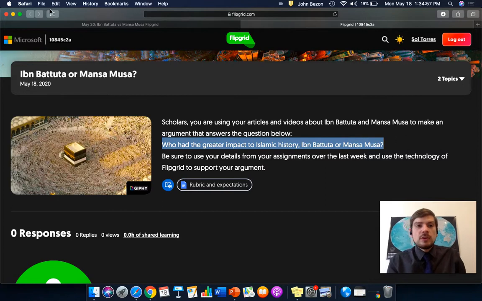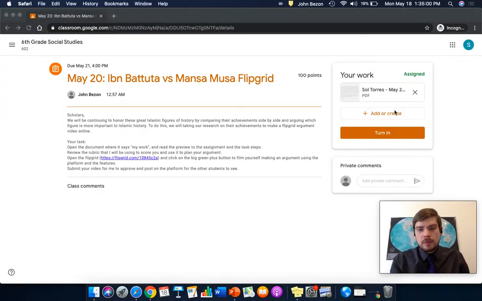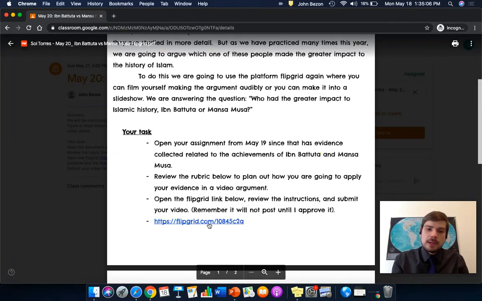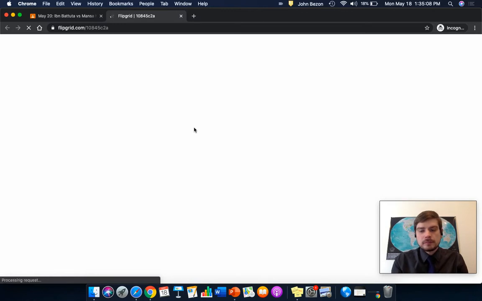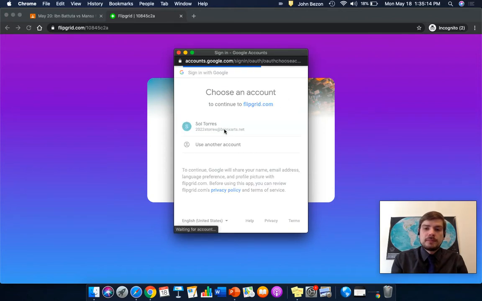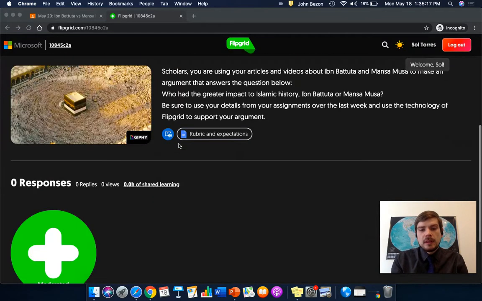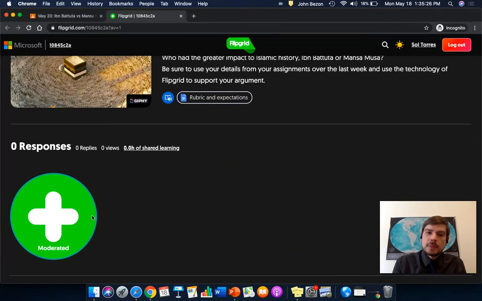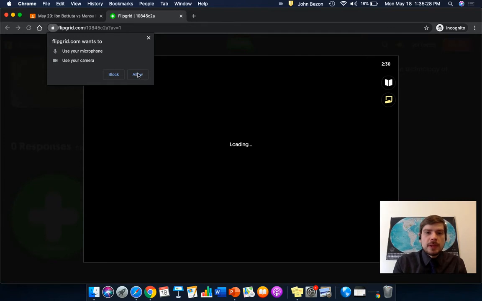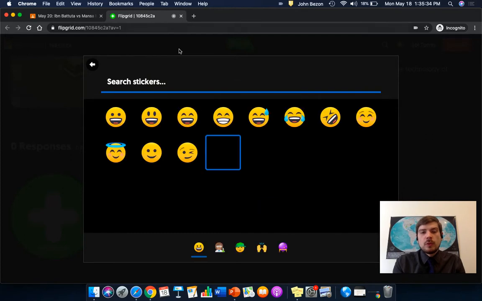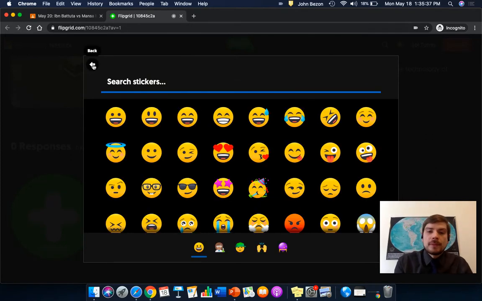I actually don't recommend using Safari. You can use Google Chrome. Google Chrome would be your best bet. For those who have Chromebooks, it's your easiest bet as well. Same thing, you click on the platform. You open it up, you go through all of this. And again, if you want to read this, you can. It's just the same thing that I wrote in all the other documents. The rubric's here, and then same thing. You click on the big green plus button, and this one's a little bit easier. It just pops up, allow. And this is the only way you have the little features. So you won't have features unless you use Google Chrome, or your third option,